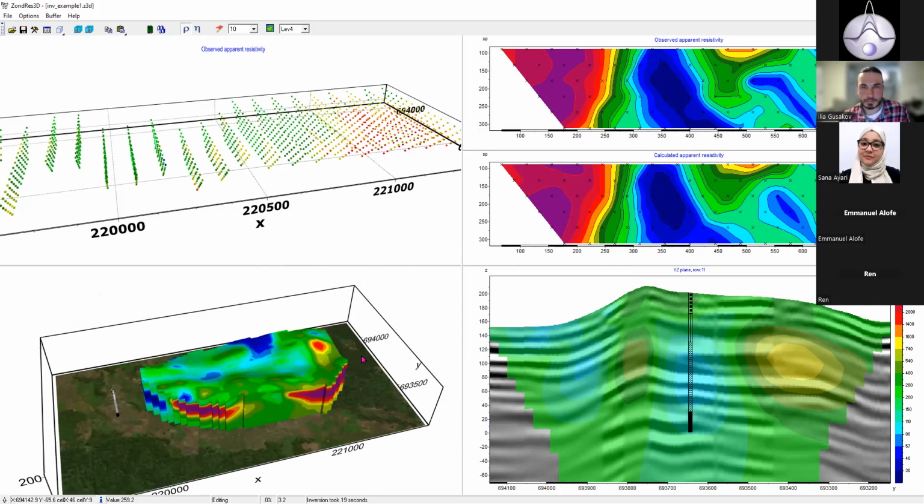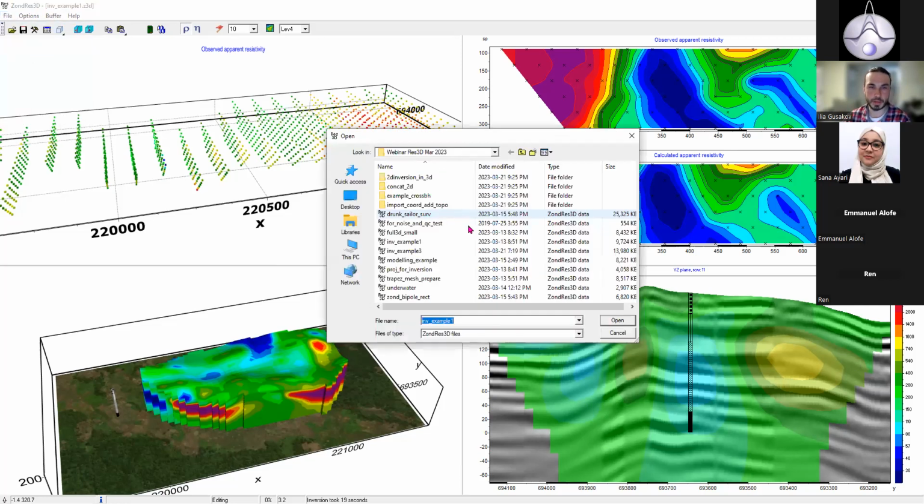Now let's talk a little bit about the data processing when we import the data. So one of the options here is when we import some data, we can apply the data filter. So this is done by selecting this option. After that, when we open a file,